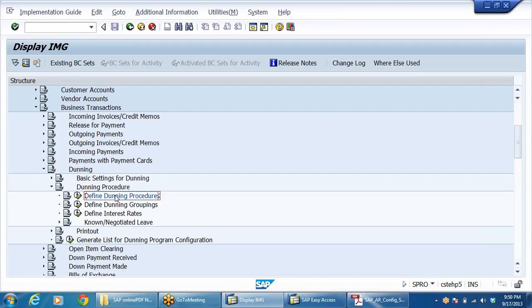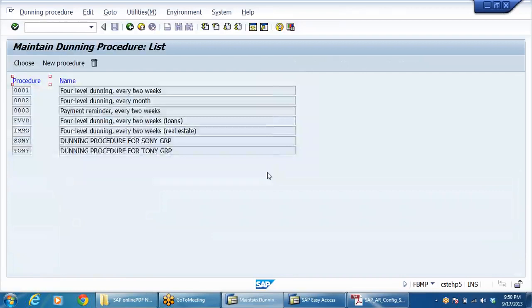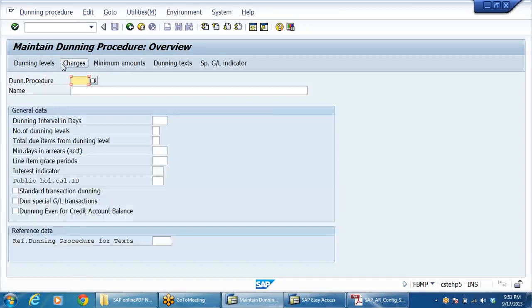Dunning is a German word. To dun means to remind. So I'm going to define our own procedure, a new procedure.